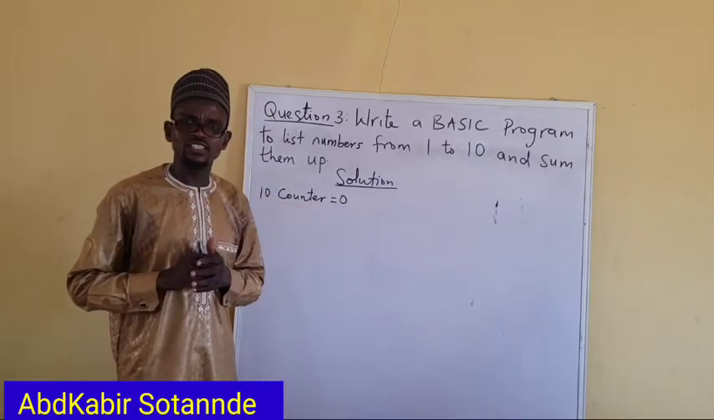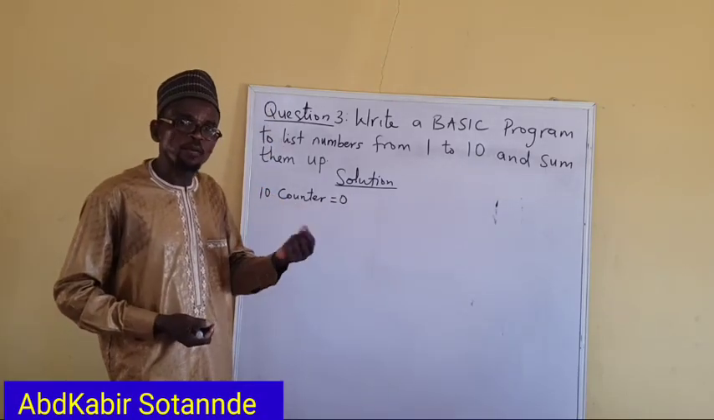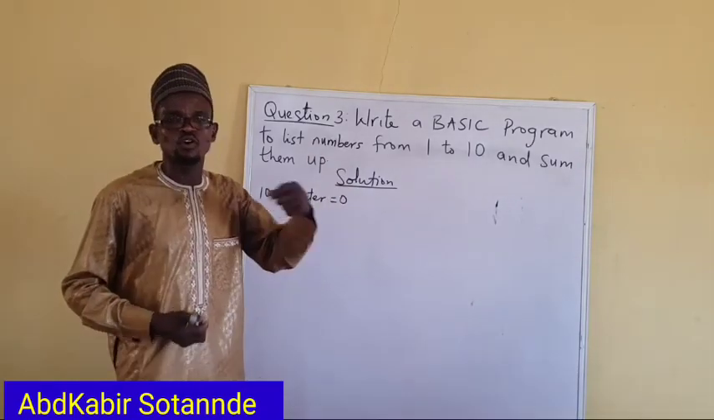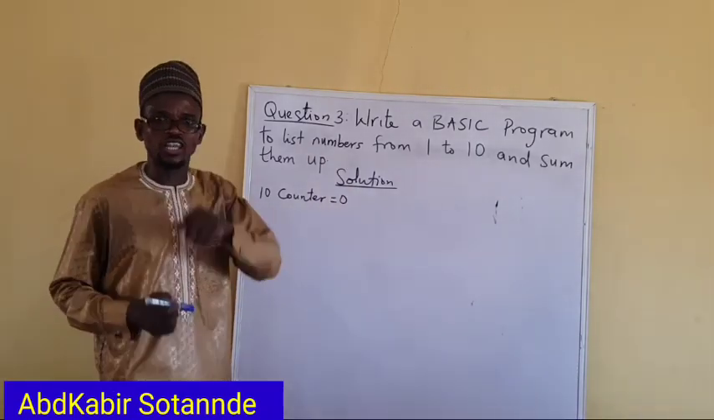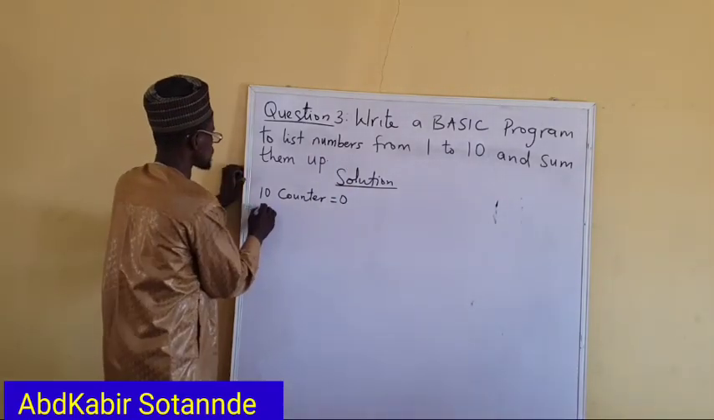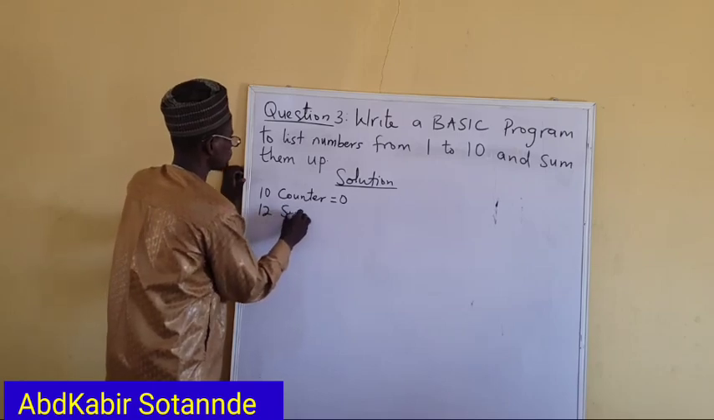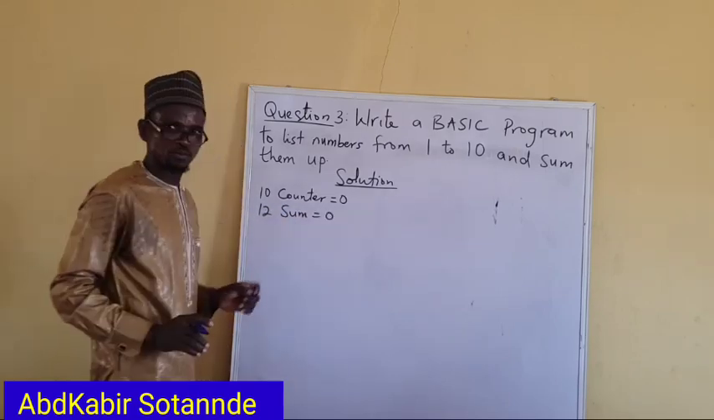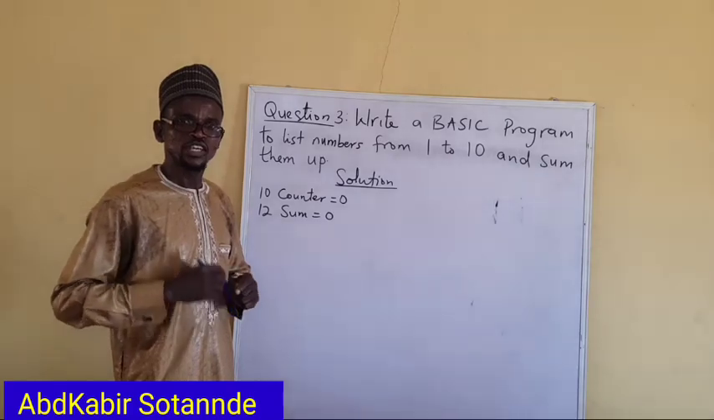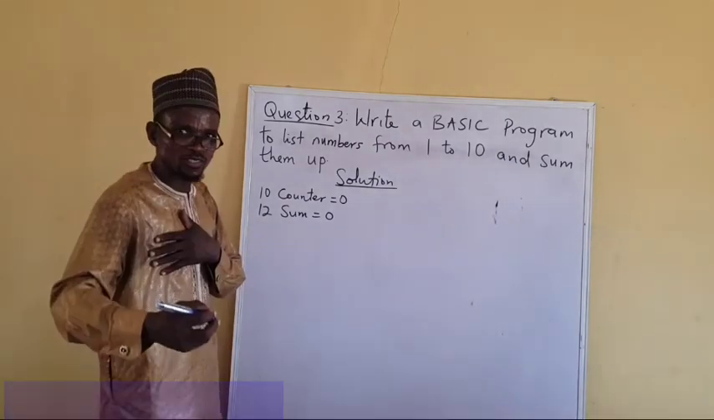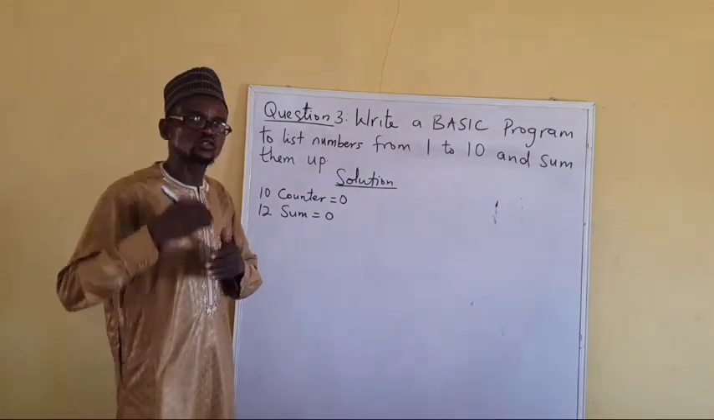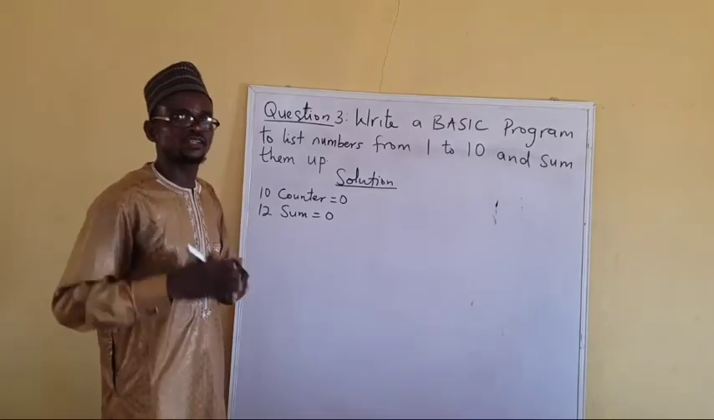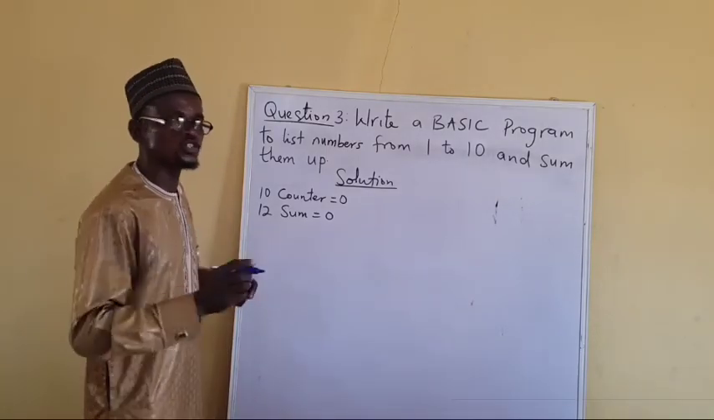Another variable we need is the sum that will help us to add the values of the counter. So we need to initialize that one too. Sum is equal to 0. The next thing to do is to increment the counter. That is, to allow counter to start counting from 1. So what do we do? In that case, we say